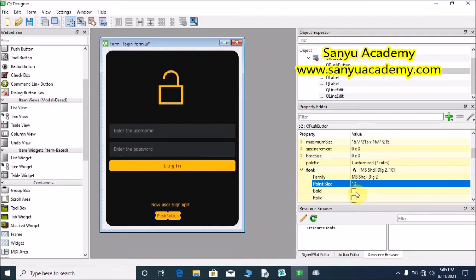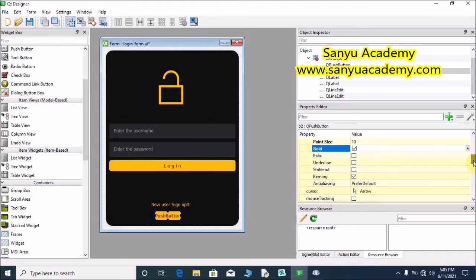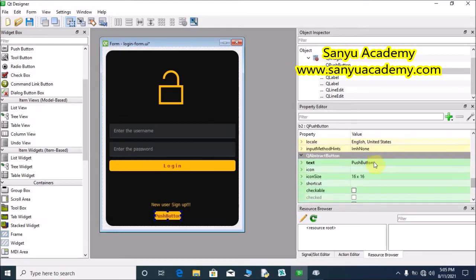Check the bold checkbox and change the text to Register Now.